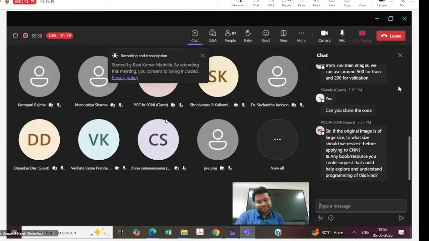So then what to do, right? How to resize, because we usually just apply the resize function which is available in OpenCV, and we resize it. Then what is the best way to do this, right? How to solve this problem? So one of the ways is to